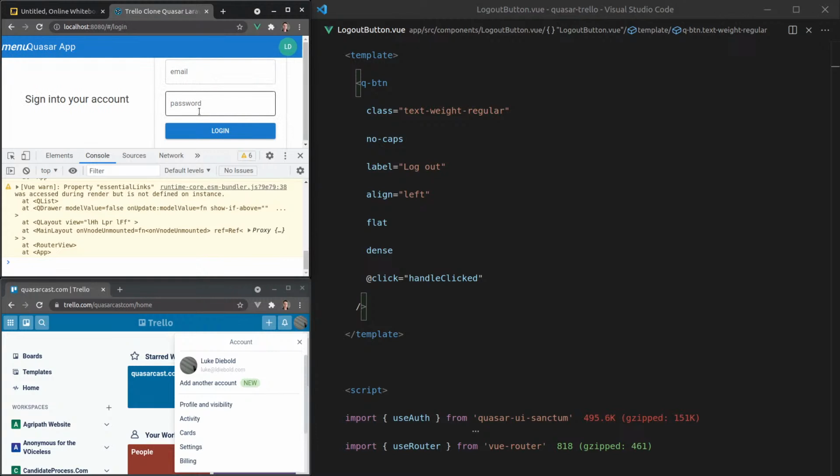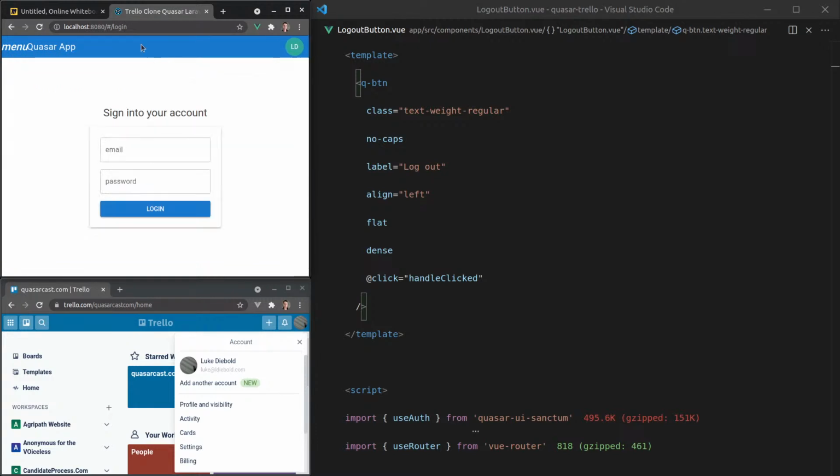Logout. Cool. I think it worked. Now if I try to go to home, that should not work, and it does not. It takes me straight back here because I am logged out. Cool. Now let's say